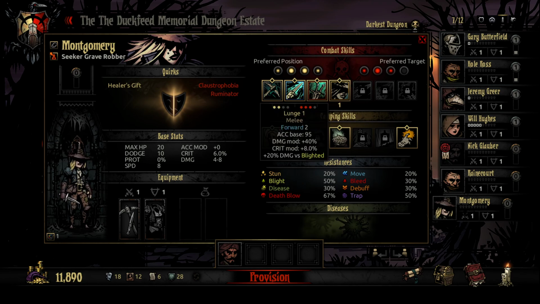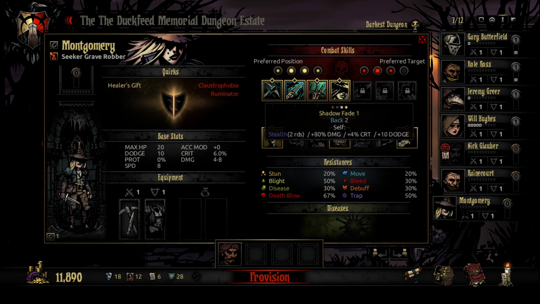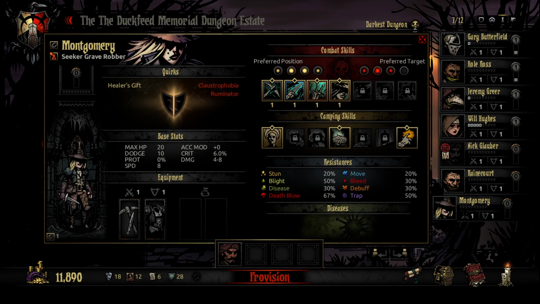You can go back and forth between Lunge and Shadow Fade. Shadow Fade will basically make her invincible. Not quite, but it gives her Stealth, which is a special effect here. Lunge has a really good crit mod, as you can see, and plus 40% damage. Lunge is very good, but it moves you forward, so you can't use it over and over. So we're going to start her in position 3, and she's going to kind of dance back and forth between